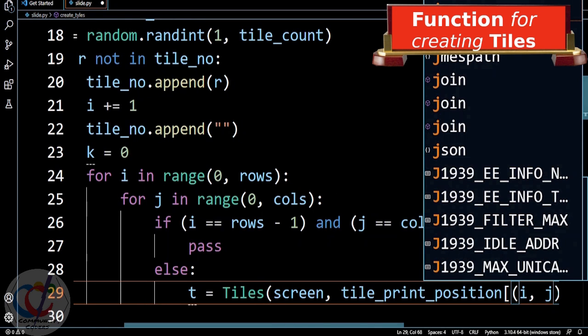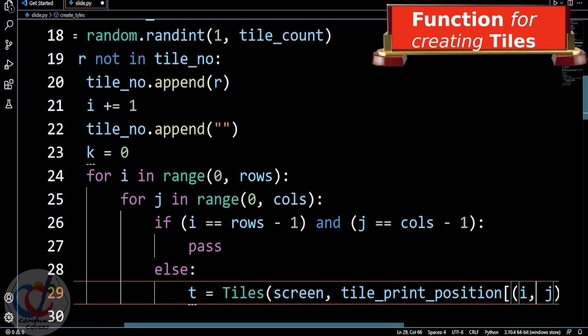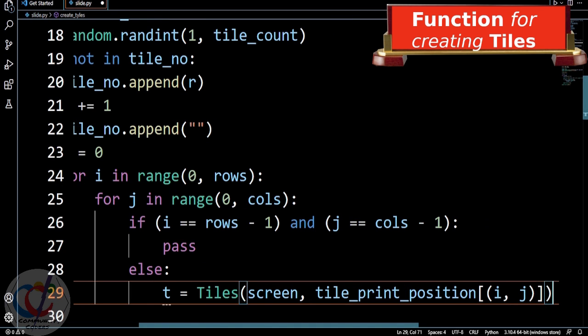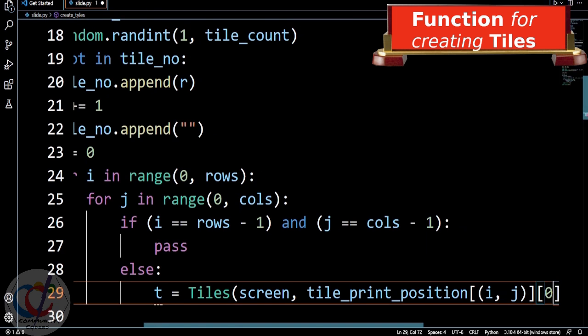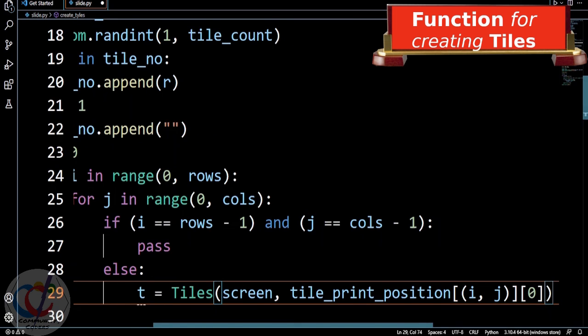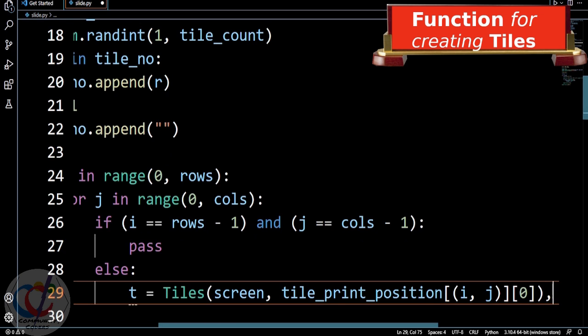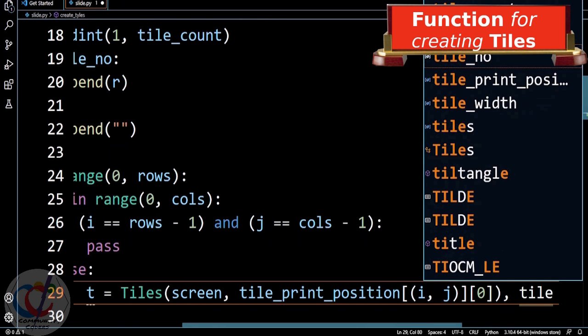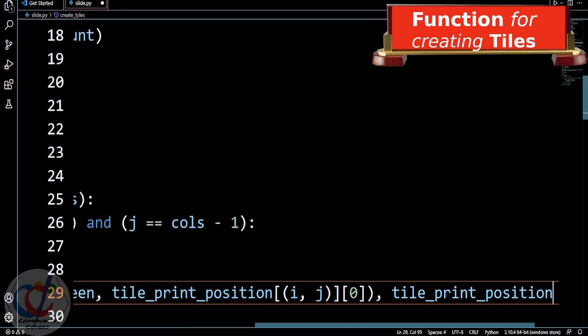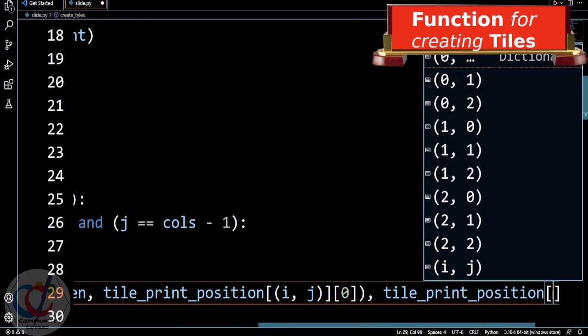Okay, so for the tile print position, here I will pass ij. This will go like this: 0 0, 0 1, 0 2 for the first row, and so on. Alright, tile position 0, so this is my x value, and if I change the 0 to 1, I will get my y value. So tile position